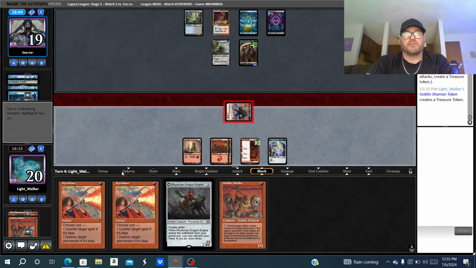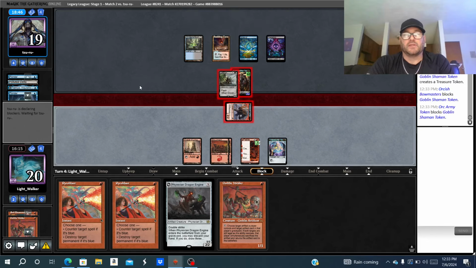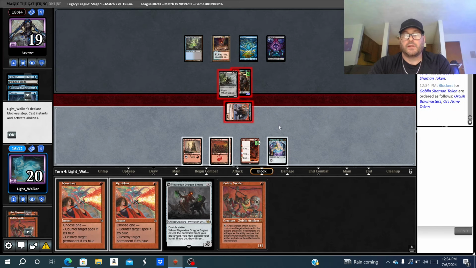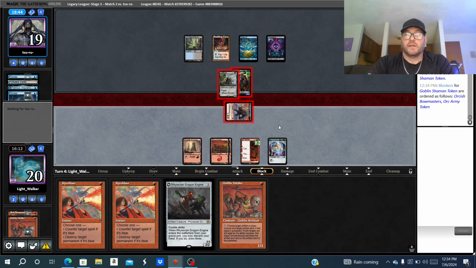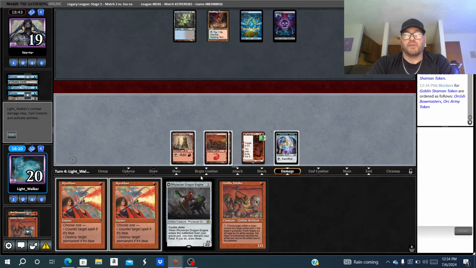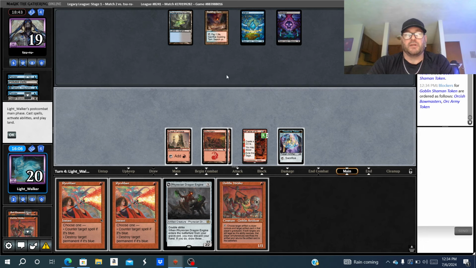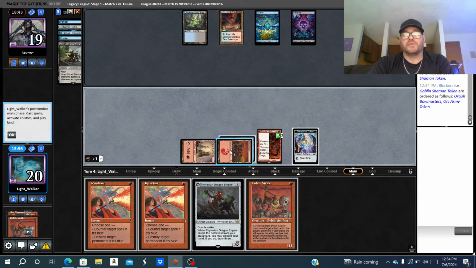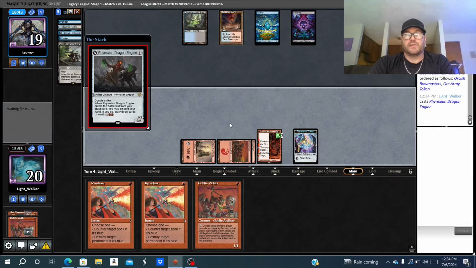Now, it's better to Red Blast a frog as it comes down. It's better to blast a frog instead of kill a frog, like counter it, because it can just start discarding and then reanimate, which is dangerous. So I'll start with another one of these. You know why? Because